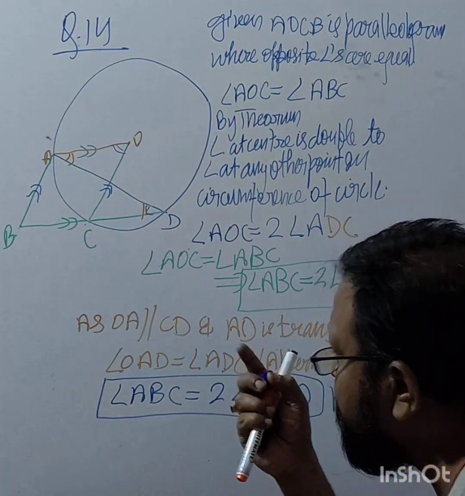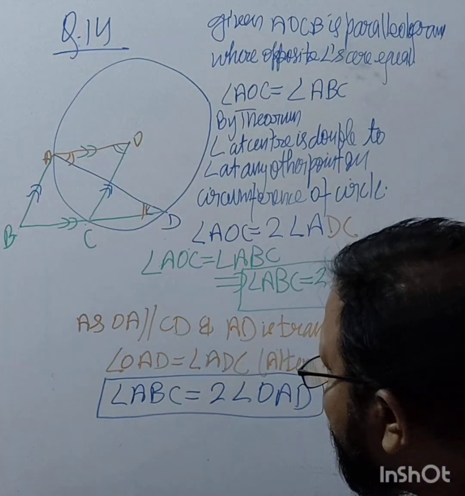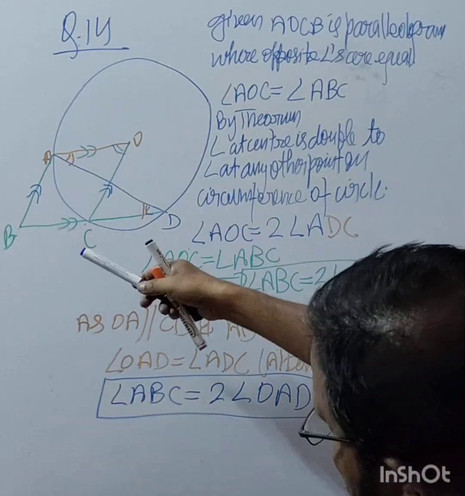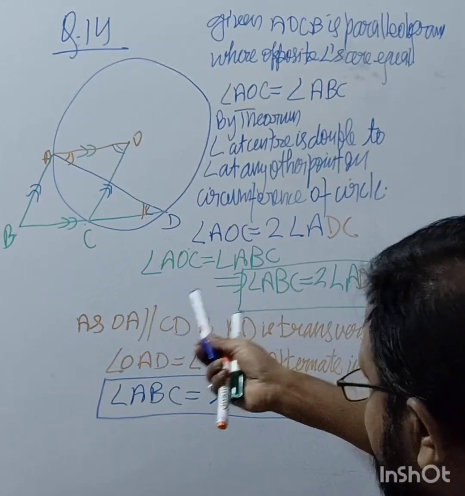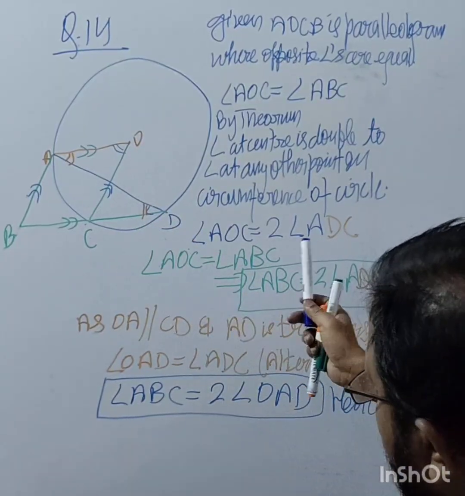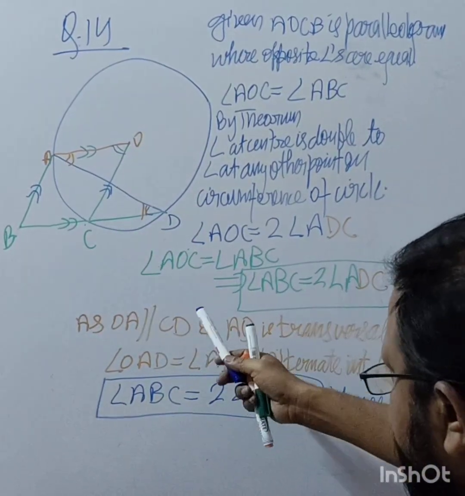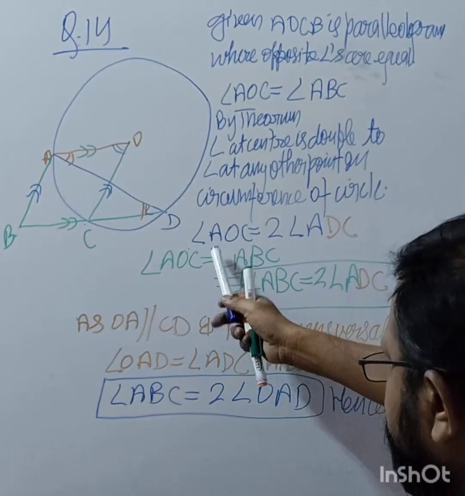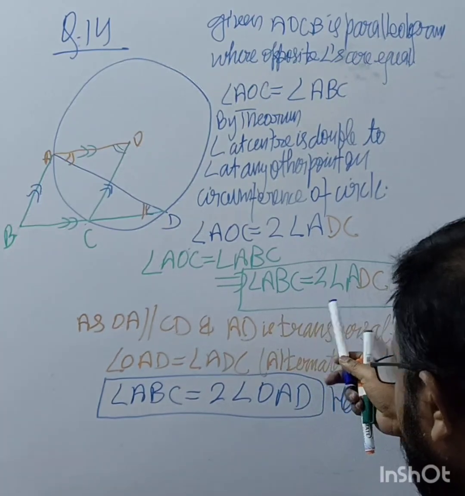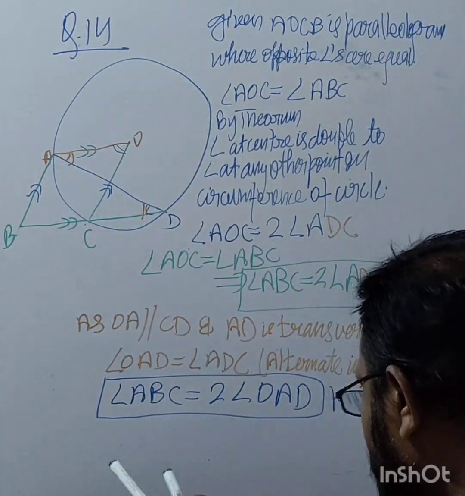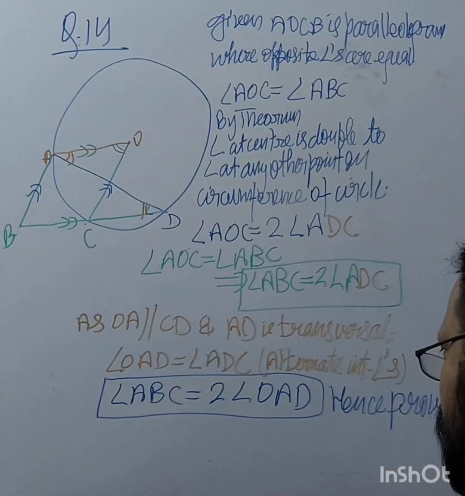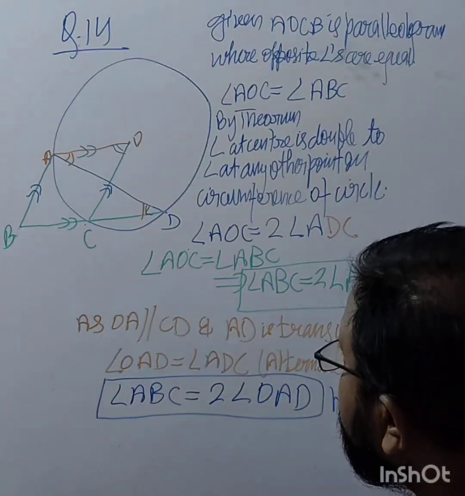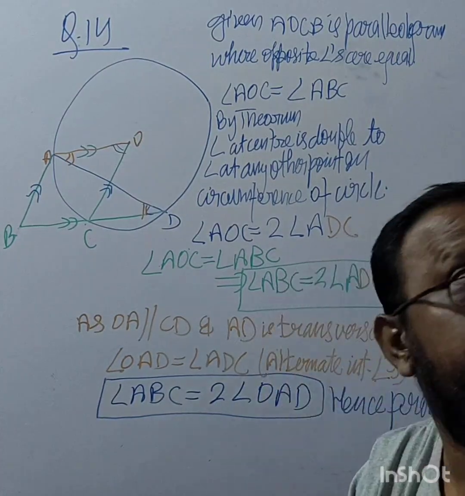During proving, you have to take the vertices into consideration. I wrote ACD, how can it be ACD? No, it's ADC. AOC will be double of angle ADC. So AOC is equal to ABC. So angle ABC is equal to 2 angle ADC. And now ADC is equal to OAD. So we can write angle ABC is equal to 2 angle OAD. Right? This is the solution. This was question number 14. Yes. What do you have next?